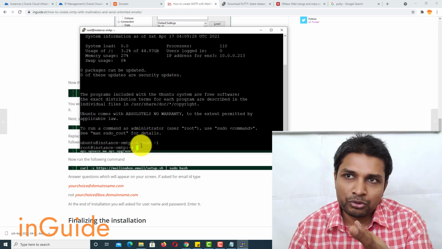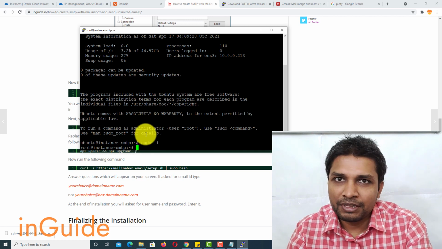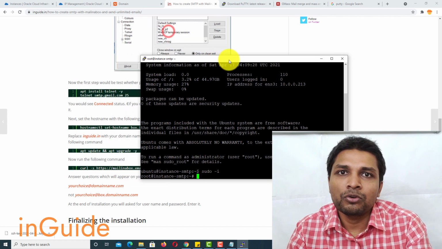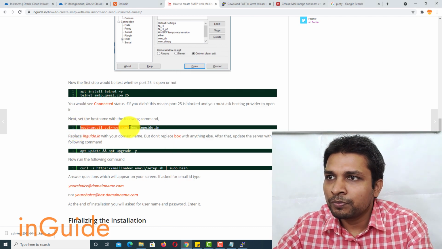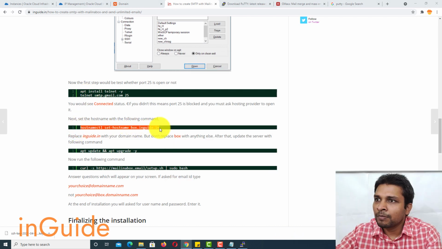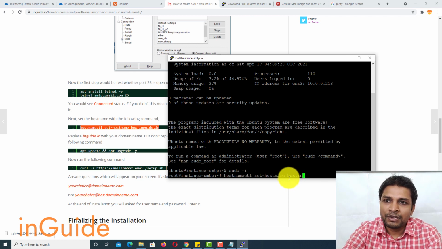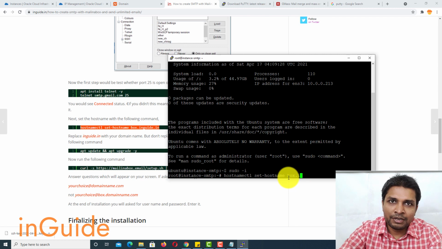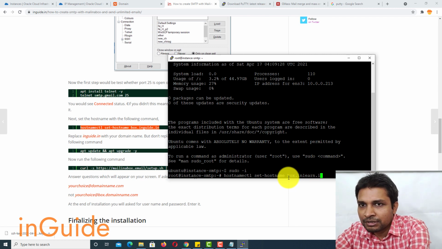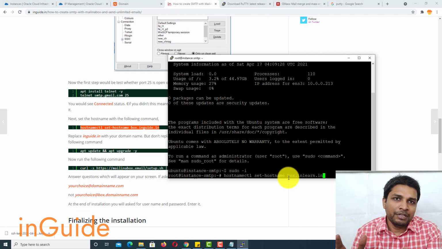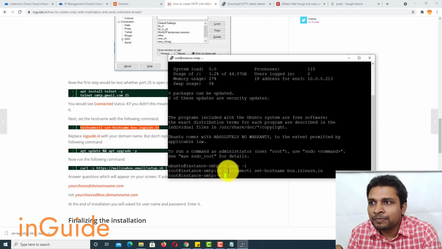Now I have switched to root user. Next step is to update the operating system, that is update Ubuntu 18.04, and for that I am going to execute this command. Now here you must enter box and box dot your domain name. So today my domain name is inlearn.in, and after that I'll press enter.